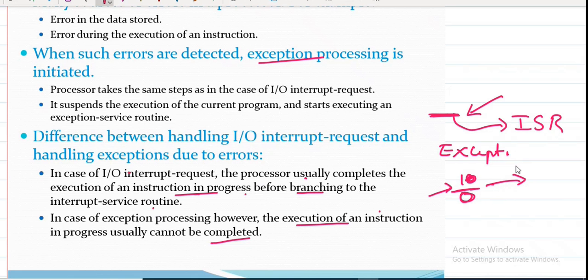Okay. In the case of interrupts, whatever the current instruction being executed by the processor, it is going to complete. Then after completion, it will give control to the interrupt service routine. But in the case of an exception, that statement itself is going to be executed incompletely. It is not going to complete the execution of this statement, and it is going to raise an exception